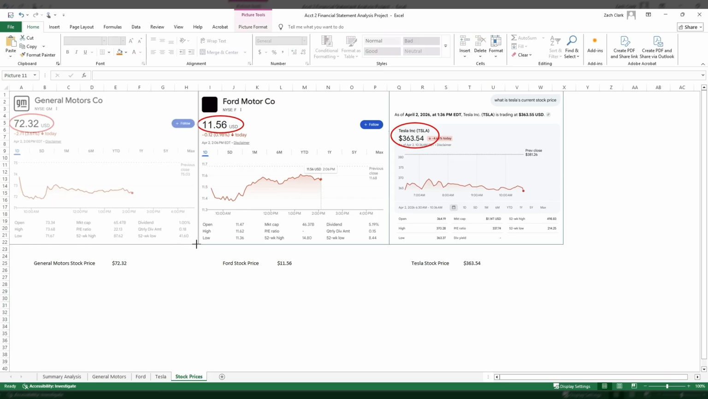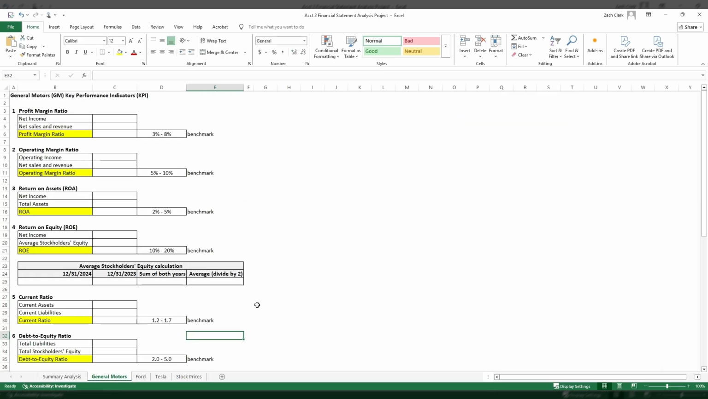Okay, line that up just a little better there. That looks better. Okay, so let's get back to General Motors. As I mentioned, we have